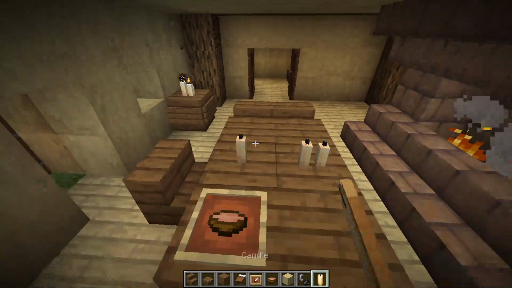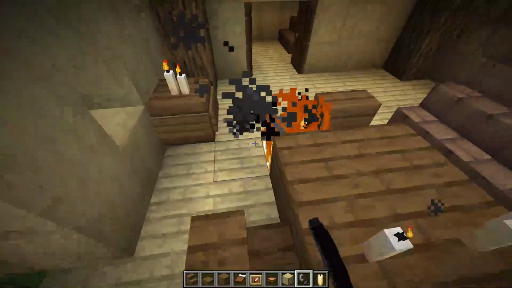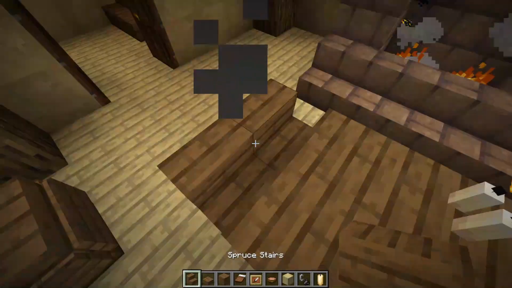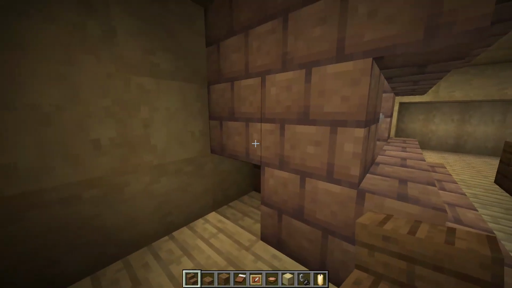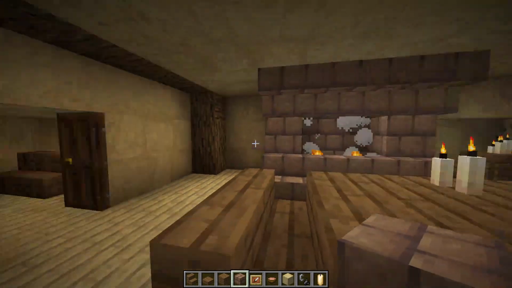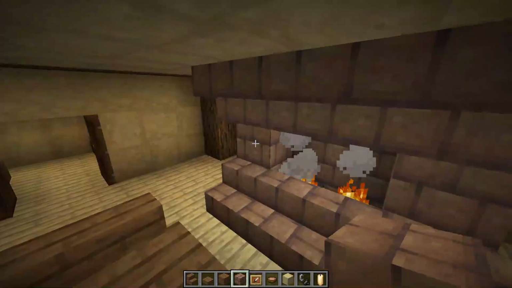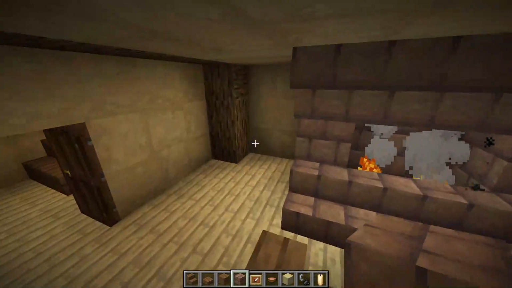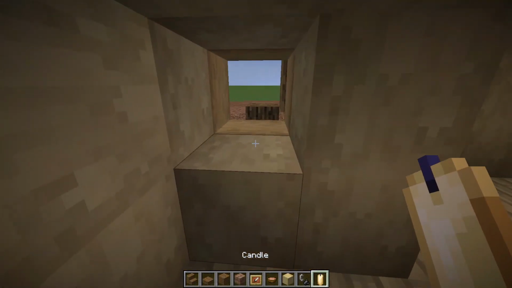Throw some candles on here. No, don't light the house on fire. Don't, no, no, no. I almost had the whole house on fire. Alright, cool. I keep missing the corners of stuff. Alright, bam, fill that in. And yeah, this is a nice Shrek house right here. And if you're playing in survival, you can add some chests in here, like there, over there. I'll just add one final